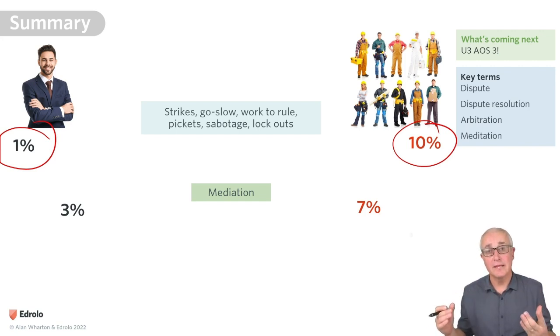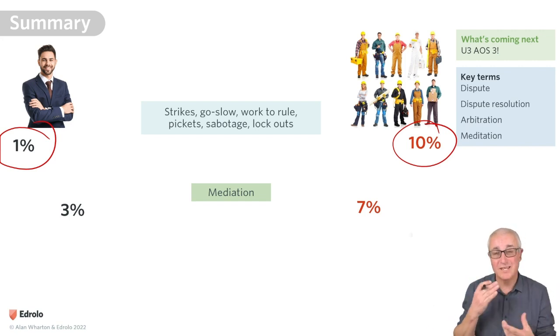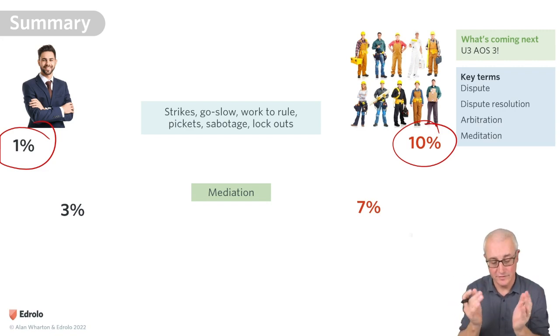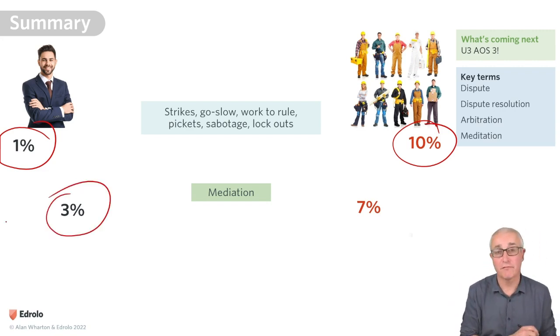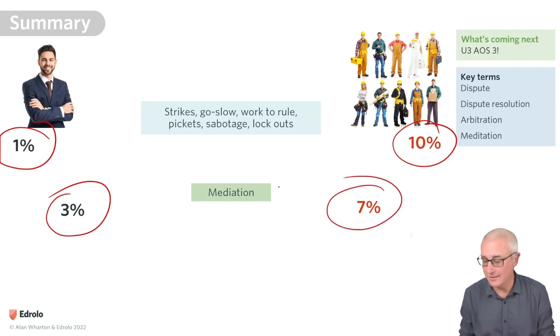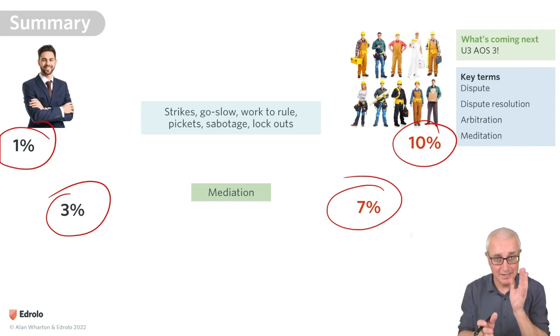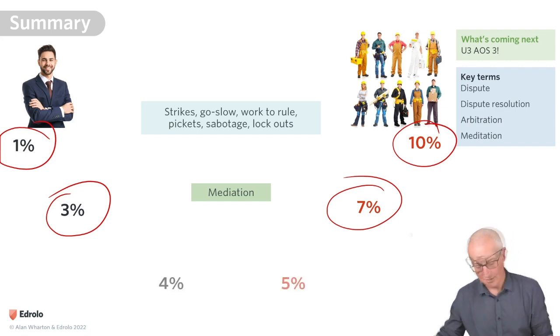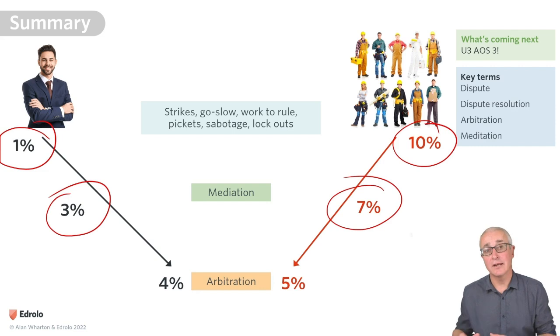So with the role of the mediation and with that communication going on, we're slowly compromising. We're trying to resolve this dispute. So you're willing to now offer 3% and I'm willing to lower it down to 7%, but we're not quite there yet, okay? And despite all the mediation helps, we're still not resolving this dispute. There's still a little bit of distance between us. So this is the point at which we're going to bring in arbitration, okay? We've had our chance to resolve it ourselves. We've had independent third parties involved in mediation to help us resolve it. We're still at odds. And so now we're going to go to a Fair Work Commission hearing, an arbitration hearing,